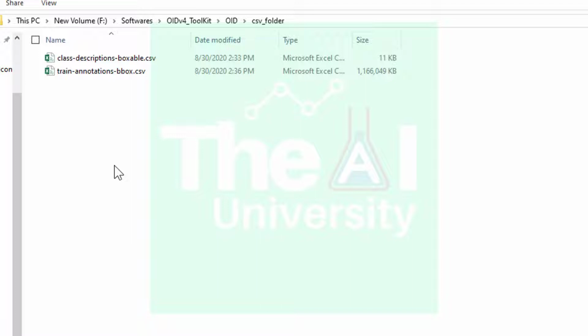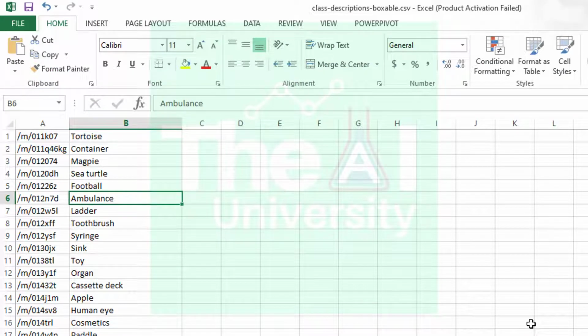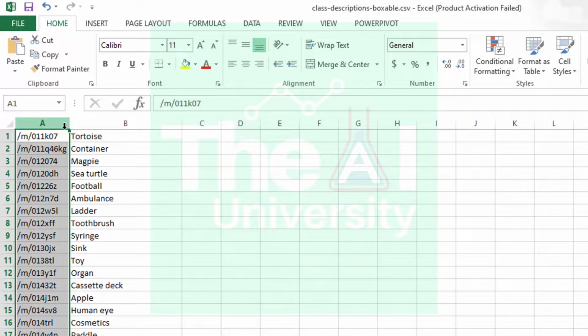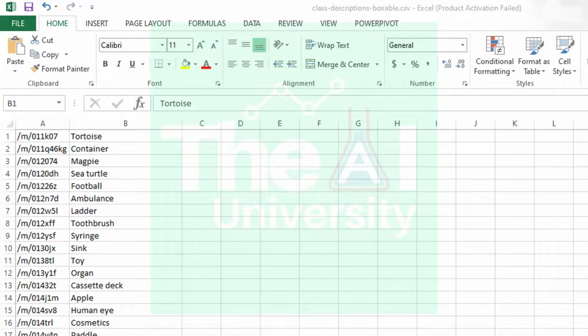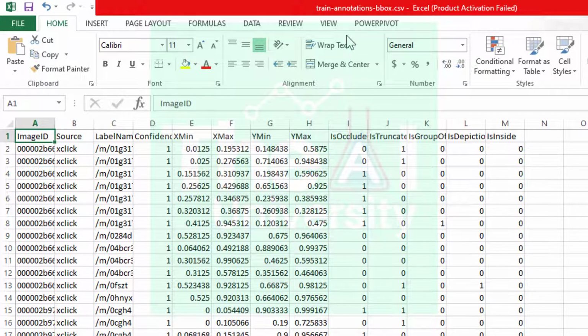One contains the class names and their class ID numbers, and another one contains annotation information. Let's open them one by one. The file named class-descriptions-boxable.csv contains the unique identifier in column A and the corresponding class names in column B. Let's see the second file, which is train-annotations-bbox.csv.